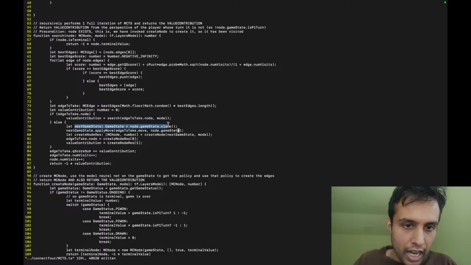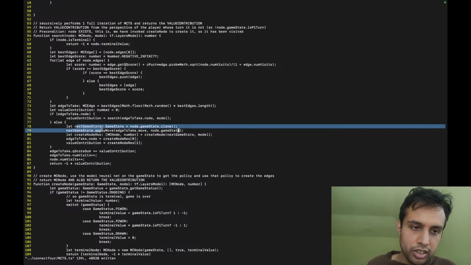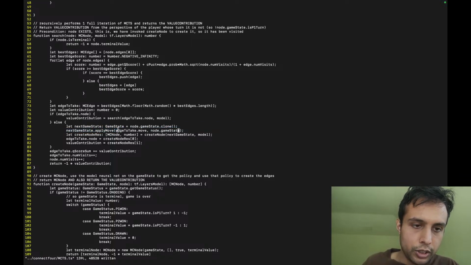This name right here, after this line, I could have called it game state clone because we just took the game state and cloned it. But I called it next game state because the next is kind of aspirational. It aspires to become, and will become in the future, after the function ends and returns, the next game state. Hopefully, if it returns successfully without throwing an error, it's no longer a clone but actually the next game state.